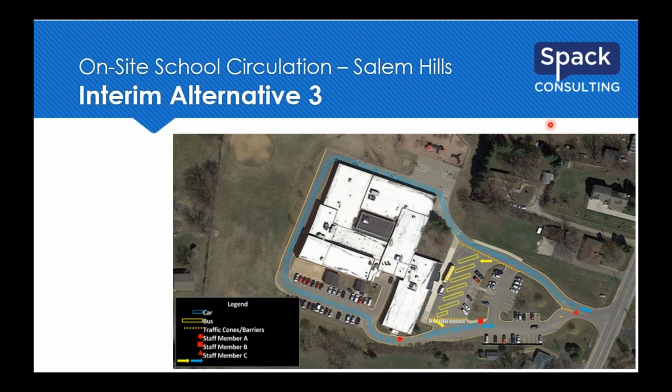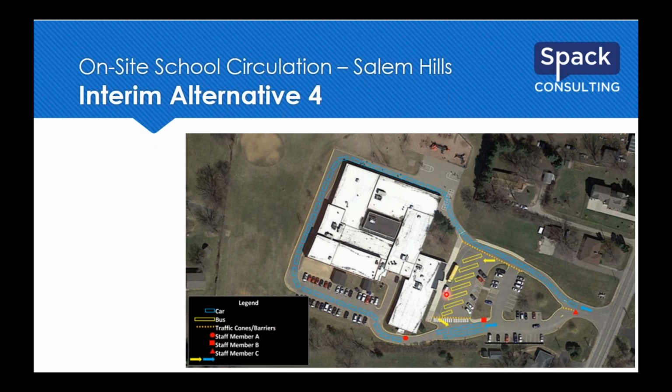Another alternative we looked at is keeping the buses kind of where they have and then stacking the parents in the pickups around the school. So the buses would load here, parents would drive around the school, and then have a pickup area up here where staff would, kind of similar to when they were over here, would release vehicles as kids are here and make sure the vehicles stop till the kids are loaded, then release out that way. Similar to the other scenario, buses and cars would be coming up here, so potential for a jam up, and just pushing a lot of cars around the building in an unfamiliar territory, a possible complication. And then very similar to that one would just be exactly the same thing, but having 2 rows of stacking here, if they could do it,